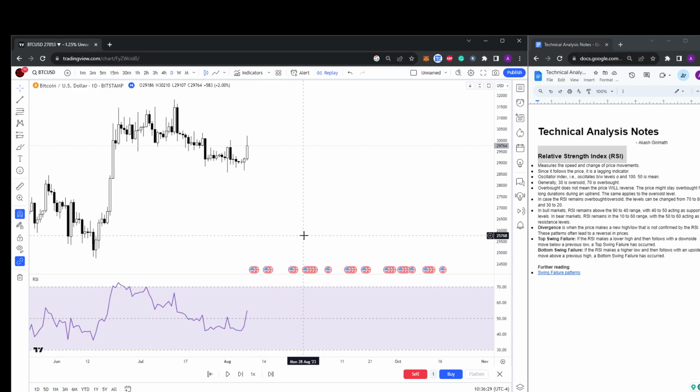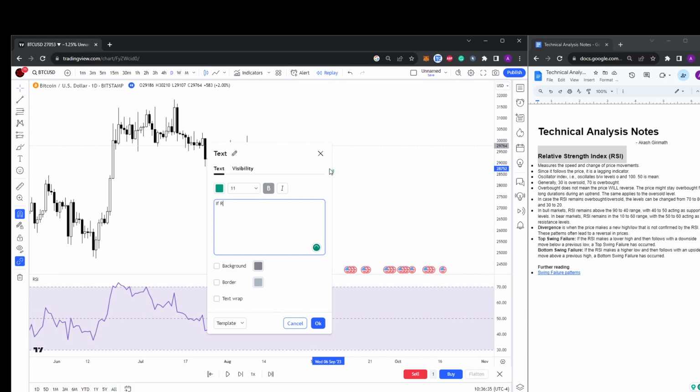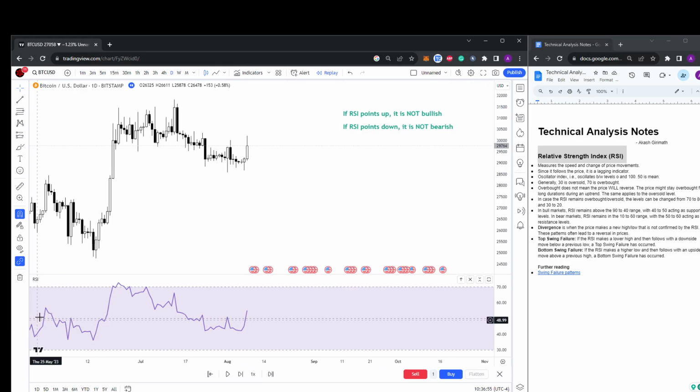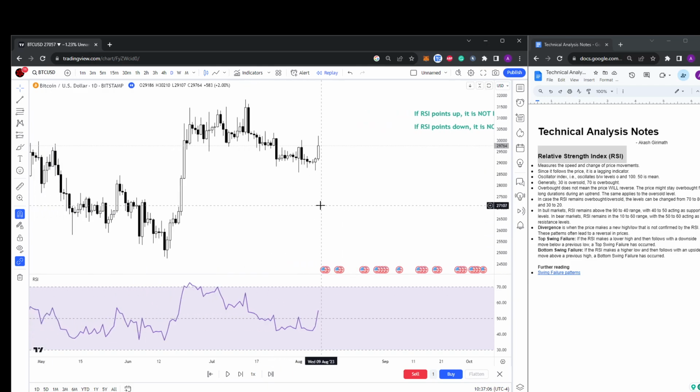So let's address that. A common beginner mistake is that, right? This is very important, right? So how do you identify if the price is bearish or bullish when looking at the RSI, right? The first things first, you have to take a look at what the price is doing and where it is,